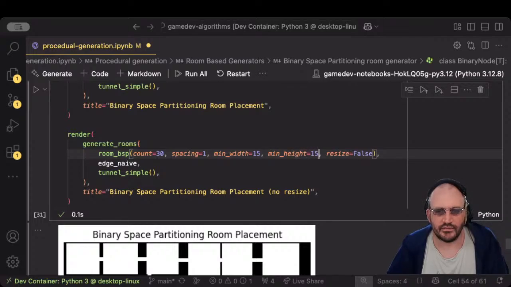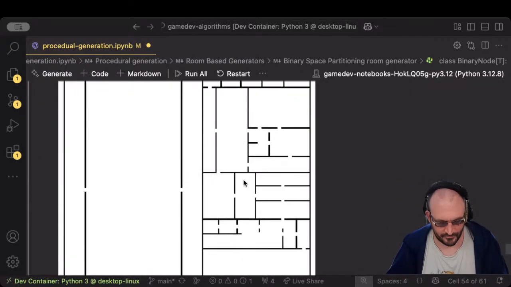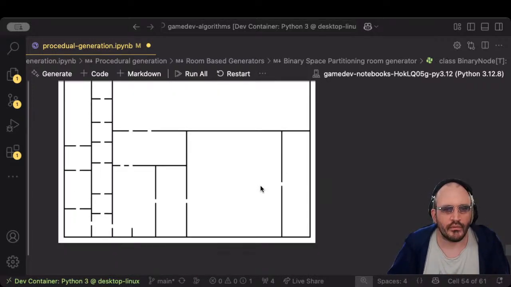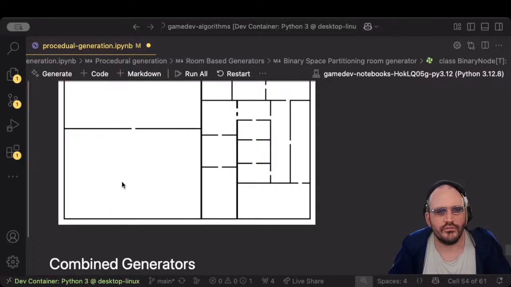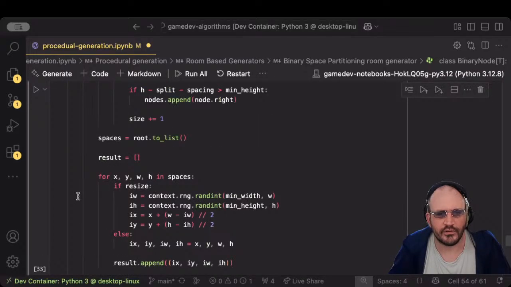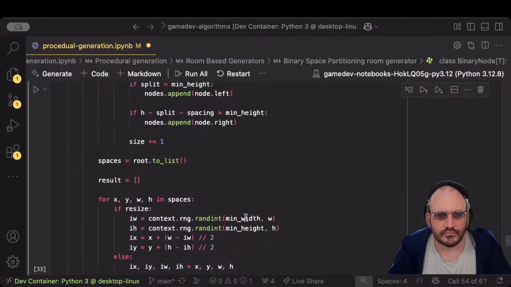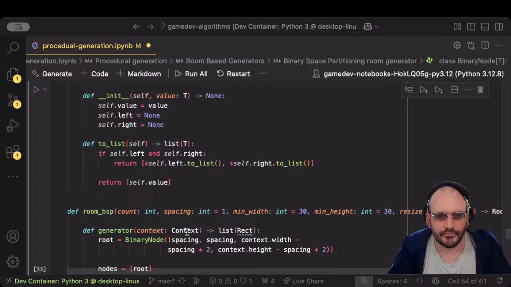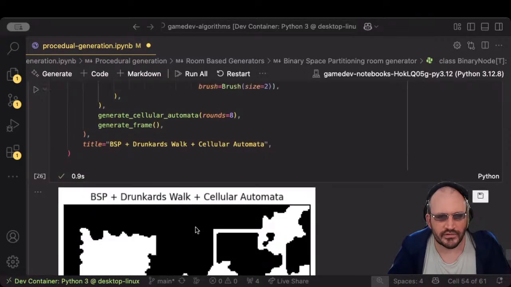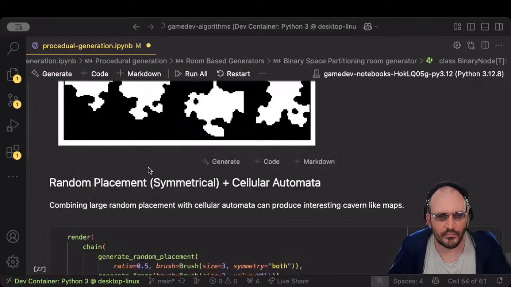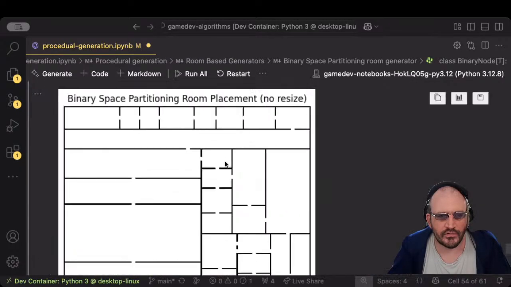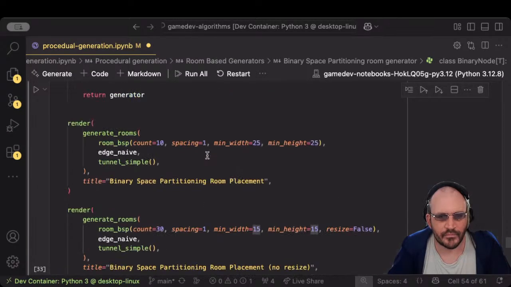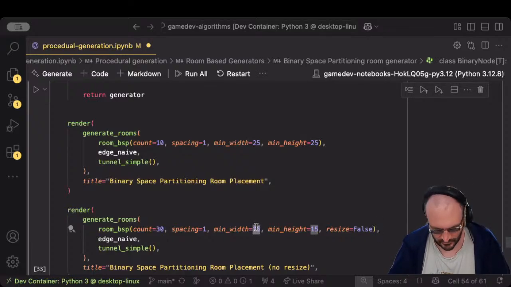Maybe we tweak the sizes a bit more. Still favoring some pretty large ones. Maybe we just need to go ham on the number of rooms. Oh, sorry, where are we? Yeah. Number of rooms, we can go for,